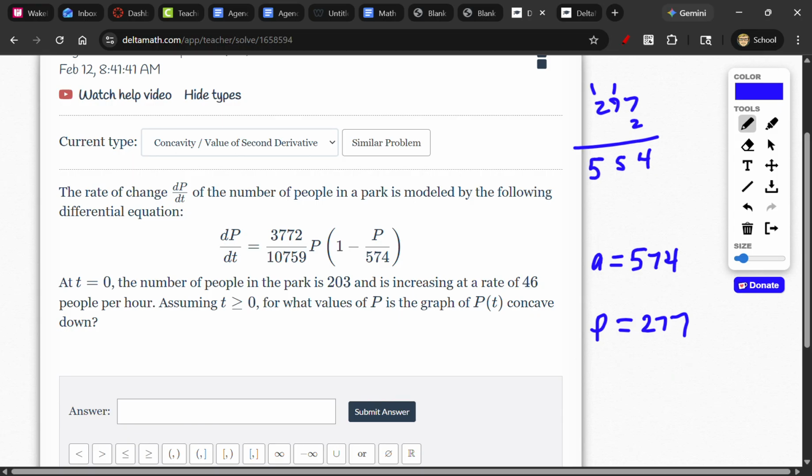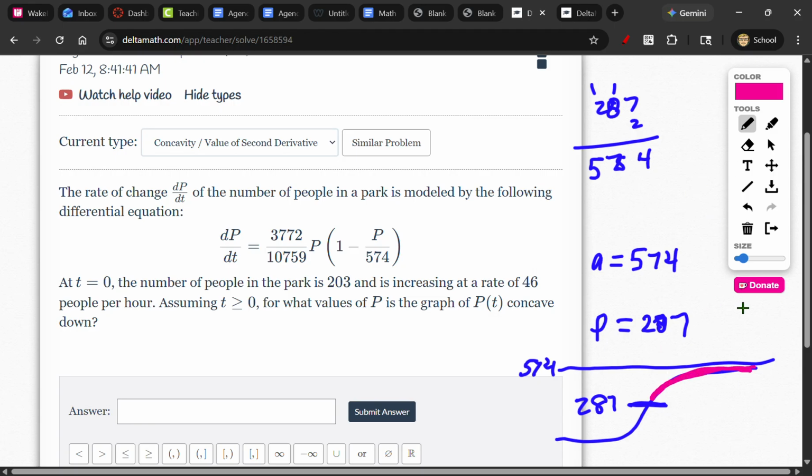Nope, I messed up. We need 20 more, so that should be 287. 8 times 2 plus 1, yeah, it should be 287, okay. And our carrying capacity is at 574, so between these two